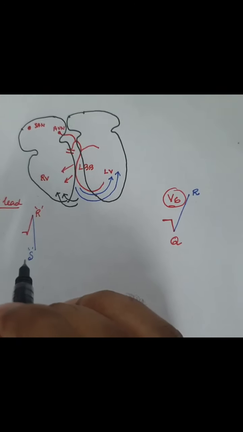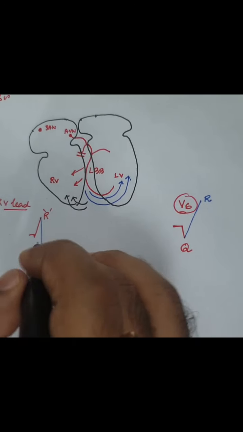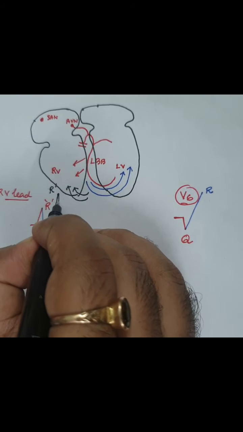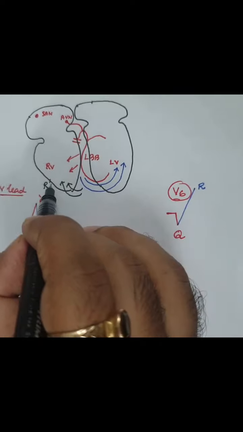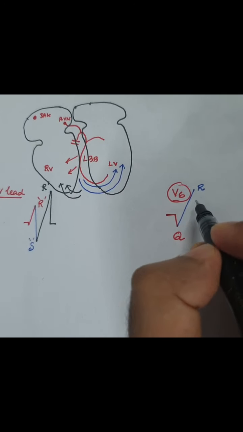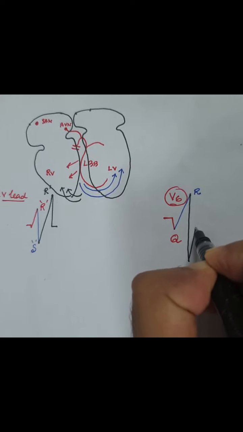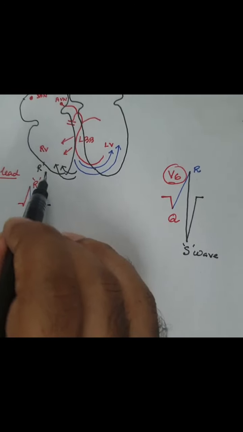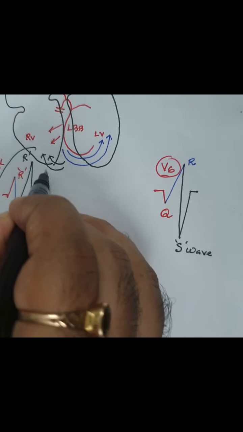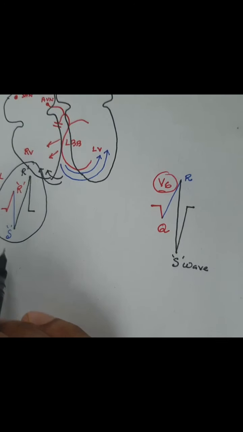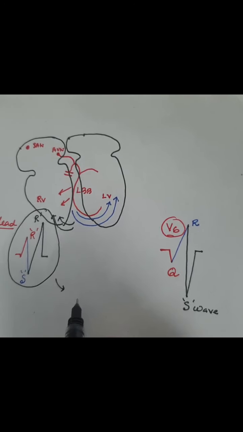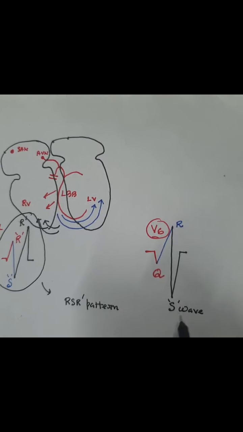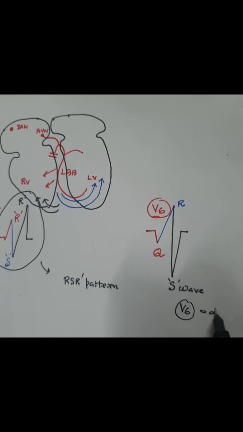And the right ventricle is depolarized. So there is again a positive deflection in the V1 lead. This is called the R dash wave. But it is going away from the left ventricle, so there will be a negative deflection in the stylus, so a deep S wave. So this is the pattern of right bundle branch block, where the V1 lead will show an RSR dash pattern or RSR1 pattern, and in case of the V6 lead there will be a deep